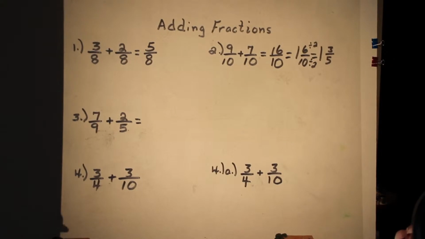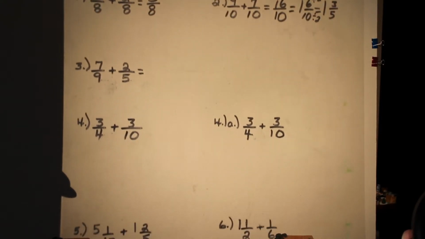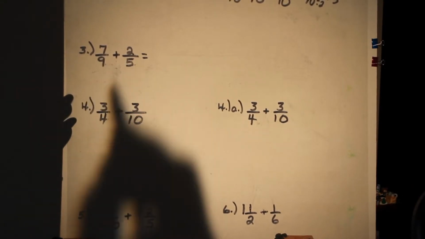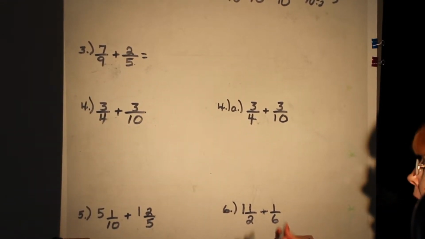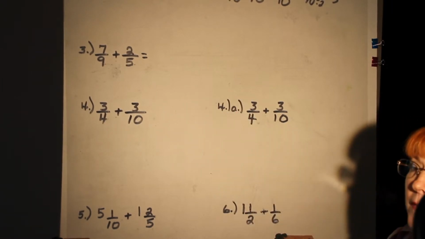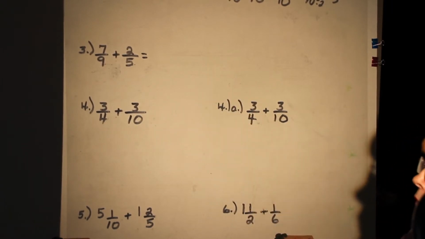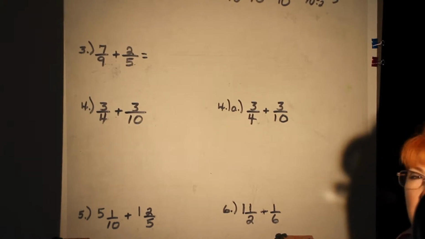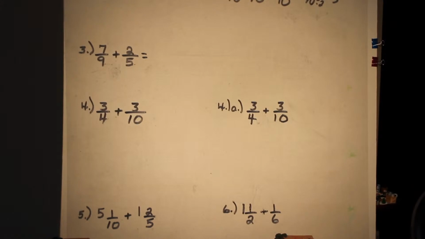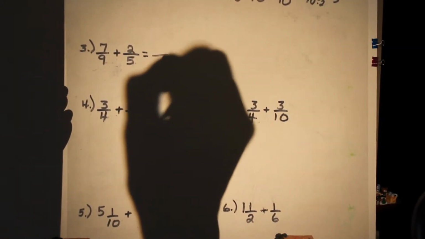So question 3, uncommon denominator. We don't have the same number. So we have a 9 and a 5. The lowest possible denominator in this case is going to be 45. So I've multiplied 9 times 5 and it's 45. There isn't a smaller number that 9 and 5 will go into evenly. So we're stuck with 45